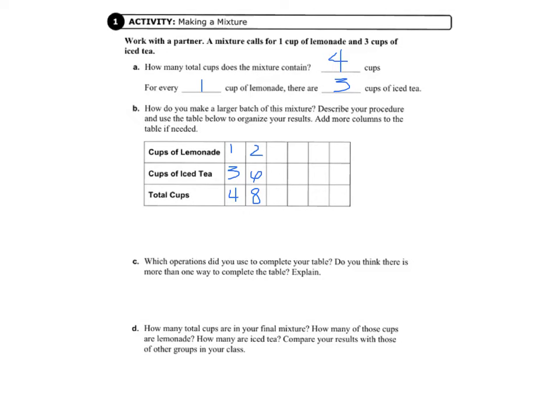If we wanted to use 3 cups of lemonade, then we would be using 9 cups of iced tea, and that would give us 12 cups of the mixture. So we'll keep going. 4 cups of lemonade gives us 12 cups of iced tea, and that's 16 cups of the mixture. So if you look at the pattern here,